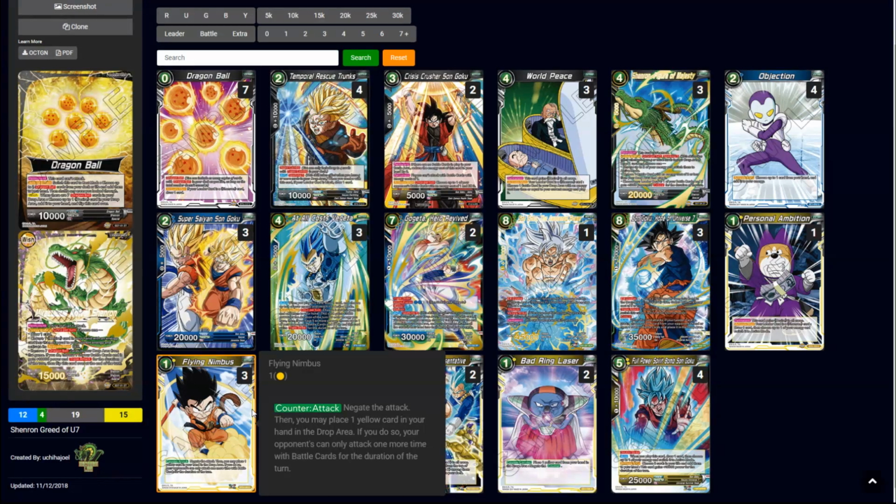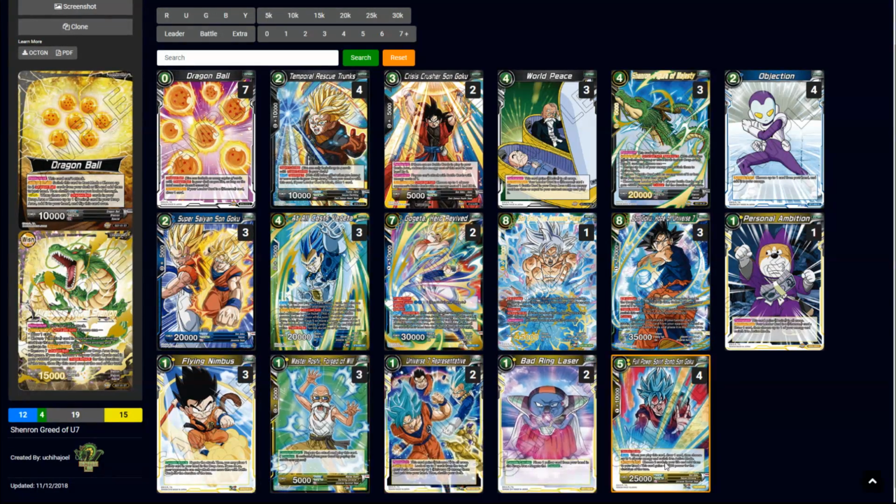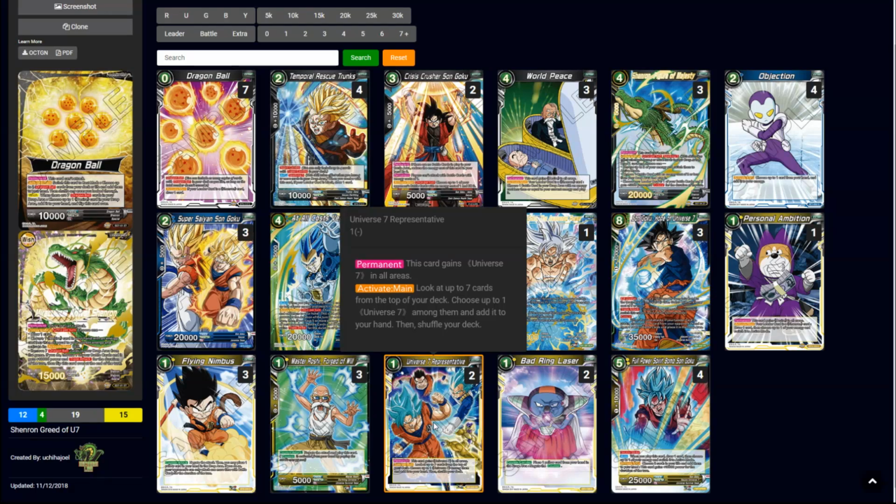Yeah. No, that makes sense. Yeah. That makes a lot of sense. Anything else on these? Universe 7 Representative, right? Yeah, Universe 7 Rep, I've been kind of going back and forth with it a lot